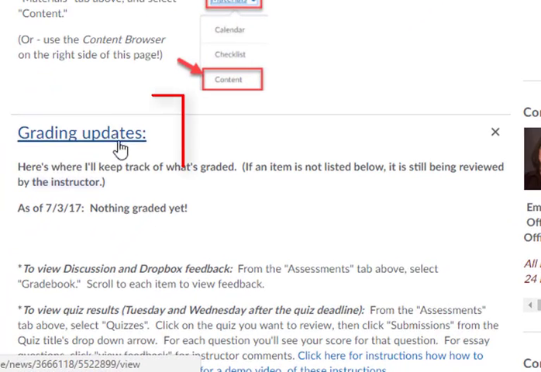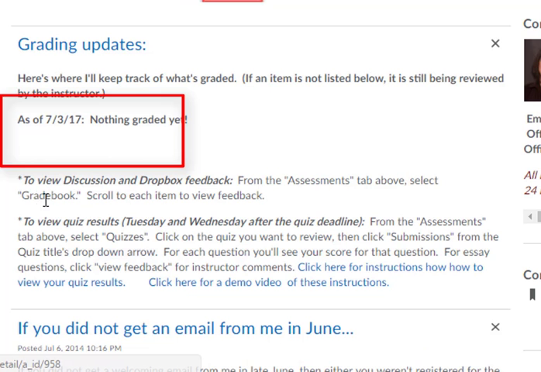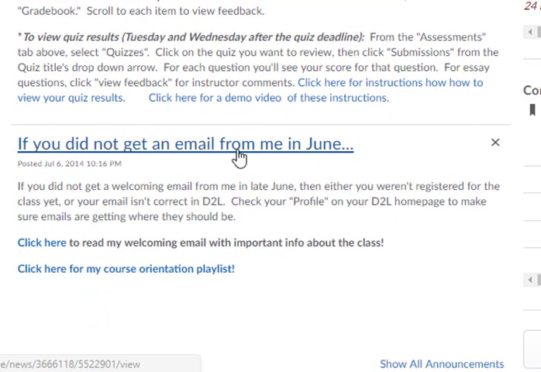This grading updates announcement always just keeps a running list of all the assignments that I have graded so far, so you're not always having to check into your gradebook to see what has been graded. I also give you instructions on how to view the feedback for your quizzes and for your assignments. And I also have another copy of this video and the welcome email that I sent in case you hadn't